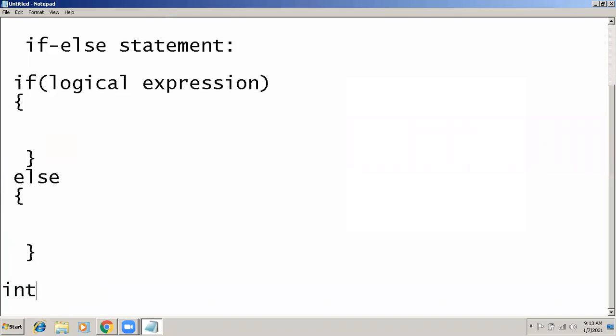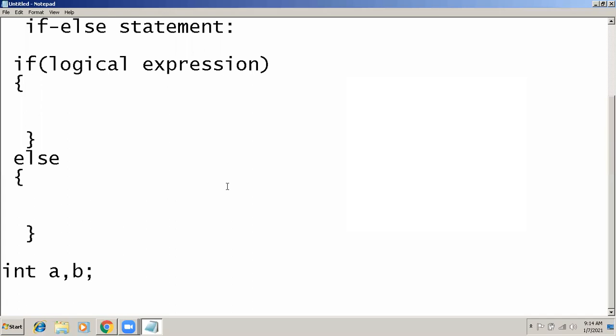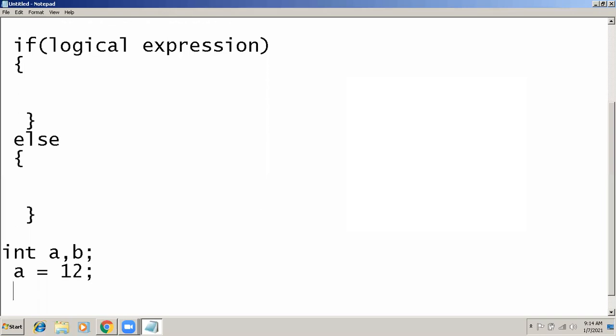Let's say you have a variable of type int named a and one more variable b. Both are of type integer. Now I'm going to provide values in these variables: a equals to 12 and b equals to 15.